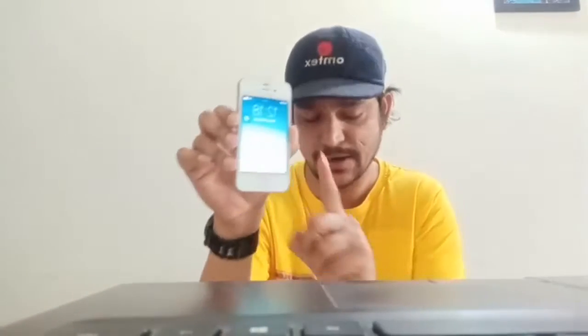So let's first begin with iPhone 4S. This was when I bought it 4 to 5 years ago. It was close to 16 GB. It cost me around 24,000, because I bought it with the help of Reliance, the 8 GB variant I'm talking about, and the launch price of iPhone 4S at the time of launch was close to 44,000 for the 16 GB variant. So yes, the configuration is the A5 chip, if I'm not wrong,